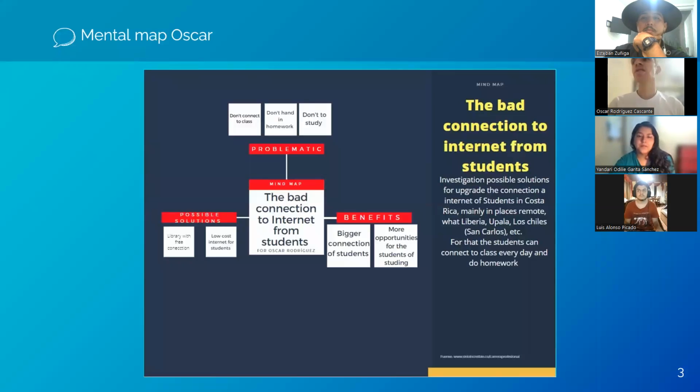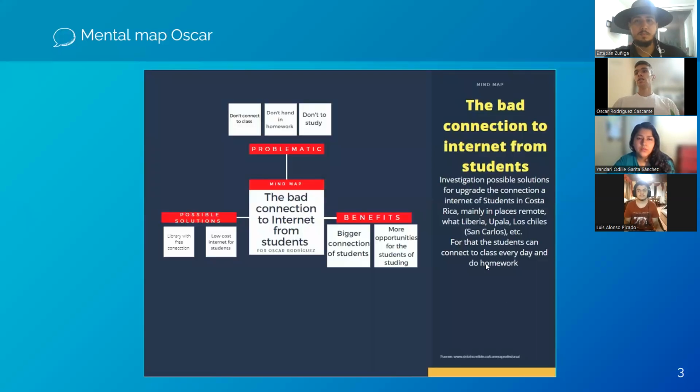Hi, my name is Oscar, and my topic is the bad internet connection of students. Not many students have an internet connection and can't connect to class. Internet is very expensive and not many students can afford internet at home. The problem is that the students can't join class where the connection is very bad, and they don't learn the